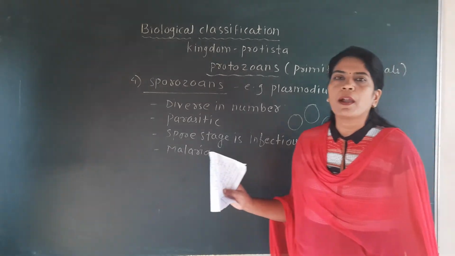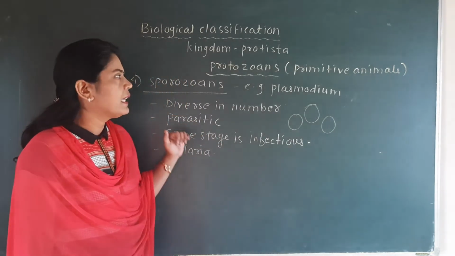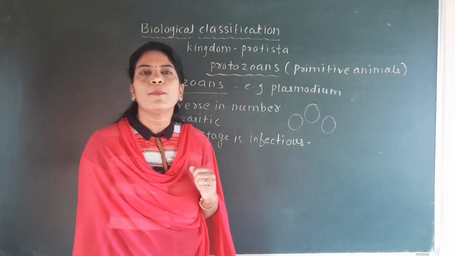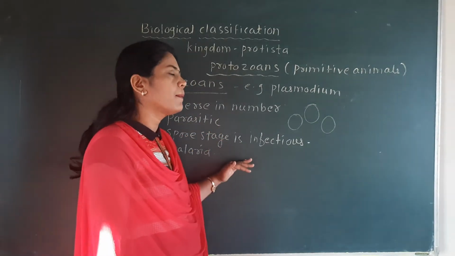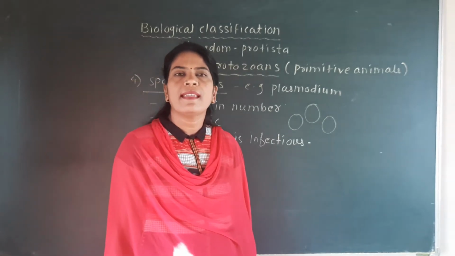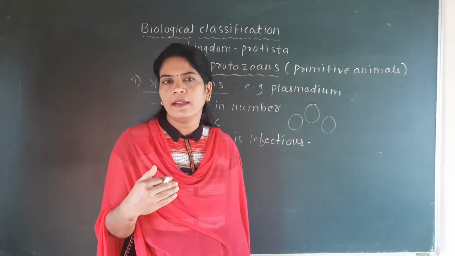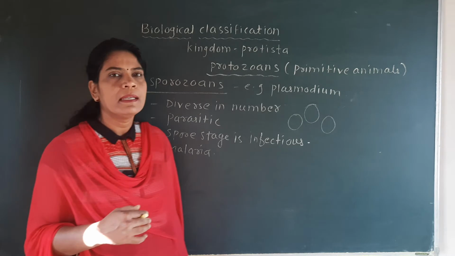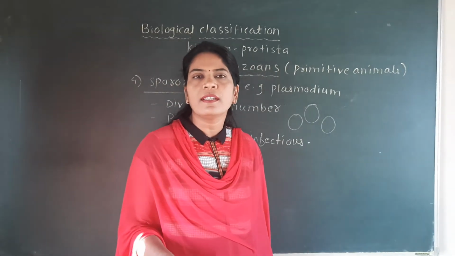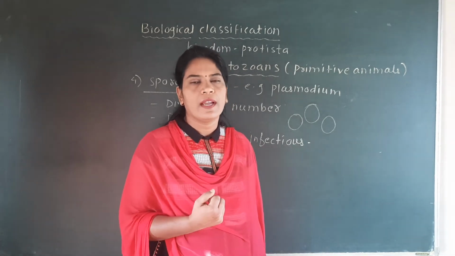So this is the last part of the protozoan, where we have completed the kingdom Protista. The kingdom Protista is also useful from the exam point of view, and we should know all the examples and the characteristics of this group. Now the third kingdom that we are going to discuss is the kingdom Fungi. First kingdom Monera, second kingdom Protista, and the third is the kingdom Fungi.